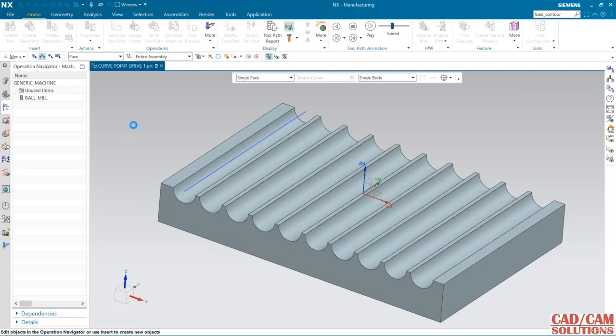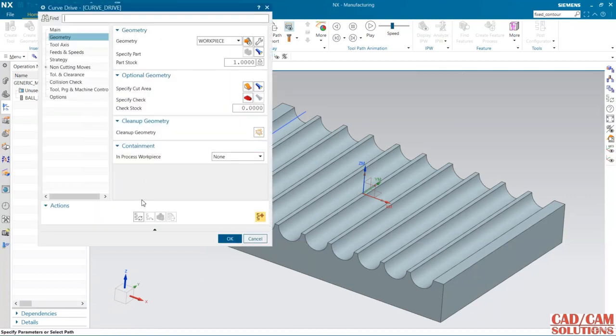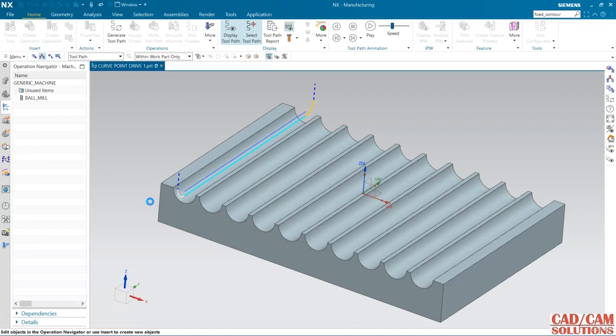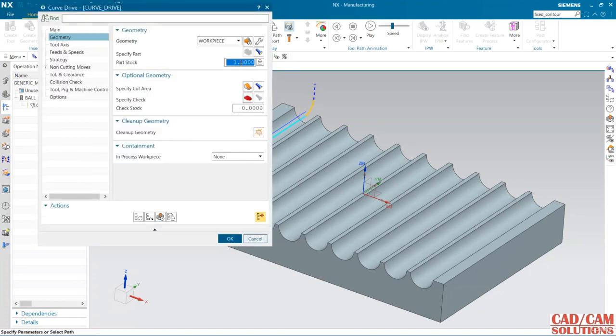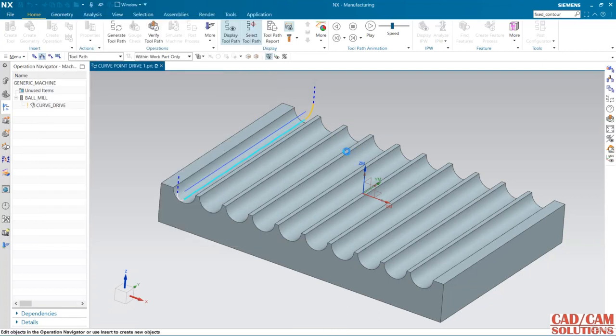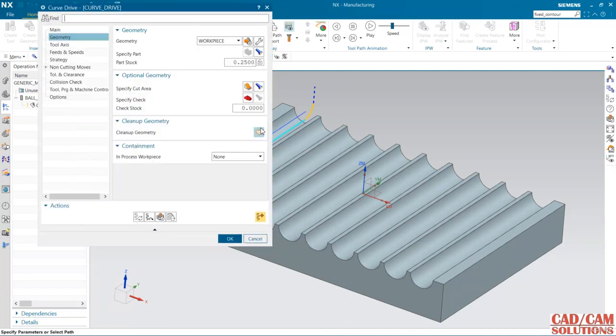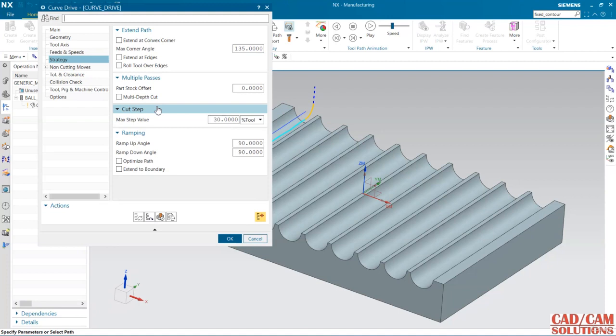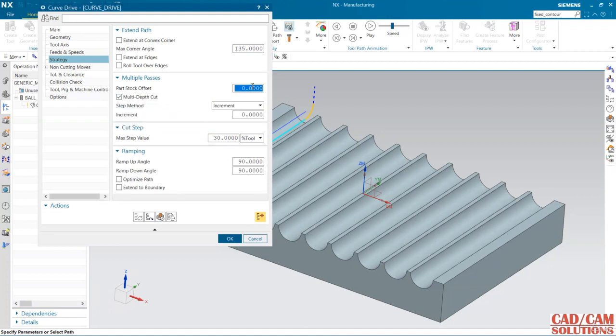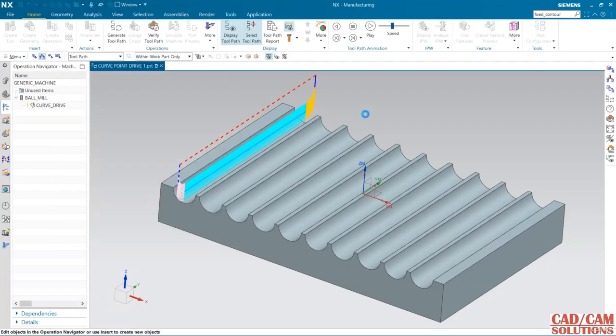This is my area to be cut, and if I'm going to generate this toolpath, and stock I want to keep this 0.5, generate it again. Okay, and now I want to define multi depth. So depth is 6, and increment, suppose I need 0.5 as an increment. Generate this again,